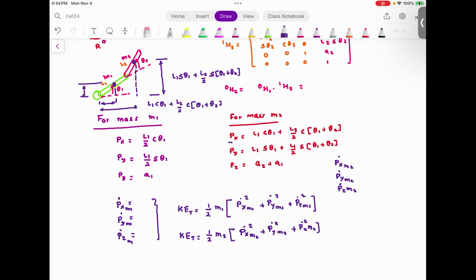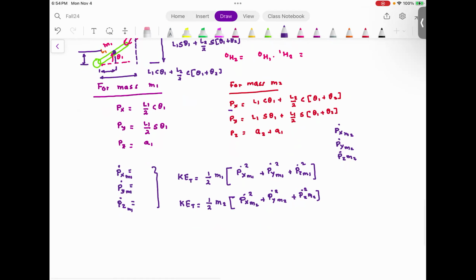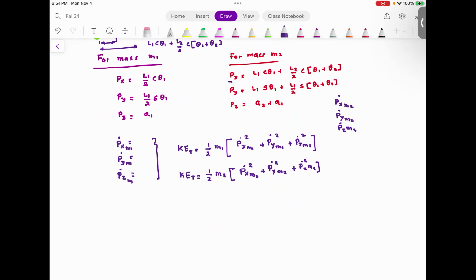The only difference here is since it's a distributed link, the mass is located at half of the link distance. Everyone understood this? So the distances Px, Py, Pz were actually half of the link length. But important part is, in this problem, since it's a slender rod, we have to find out the kinetic energy of rotation as well. So this gives me the kinetic energy of translation. To find kinetic energy of rotation,